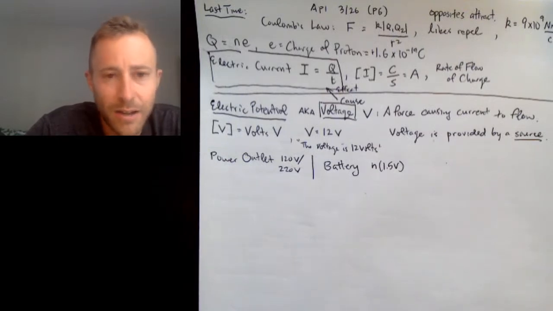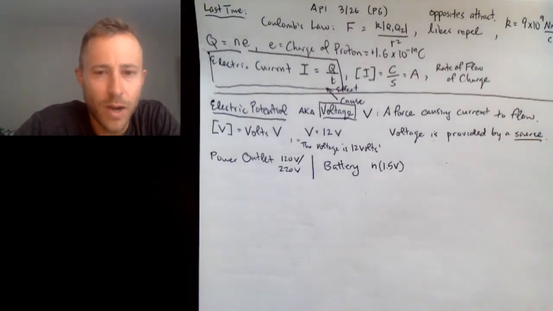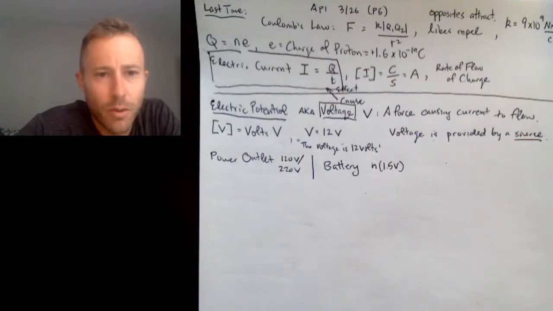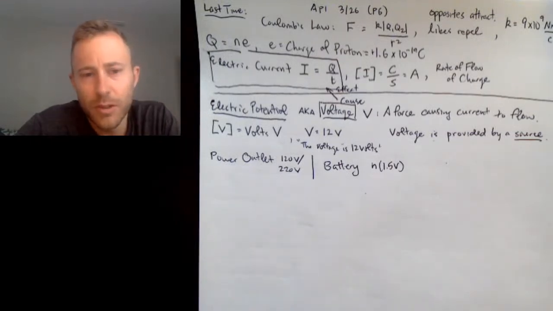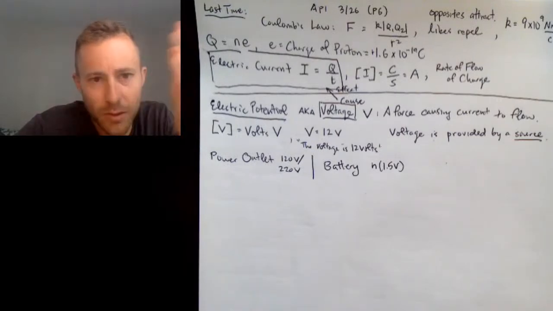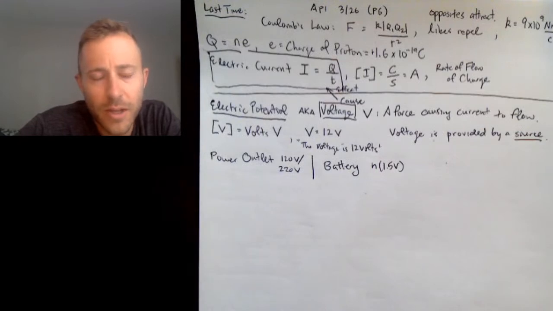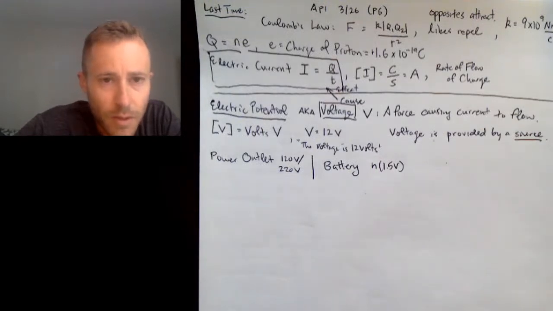So when I was talking about voltages of batteries, I said that all of these different batteries all provide 1.5 volts. So what's the difference then? What's the difference between a AA battery and a AAA battery, or a AA battery and a C or a D battery? And the thing is that when a battery is providing voltage,